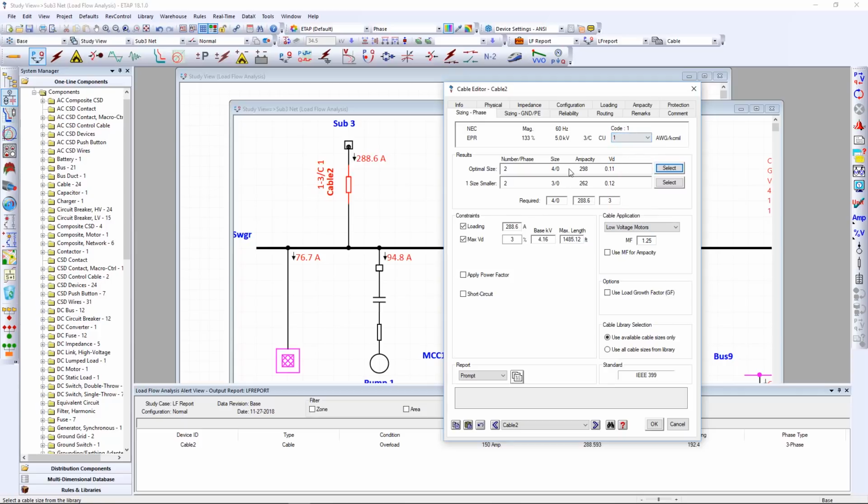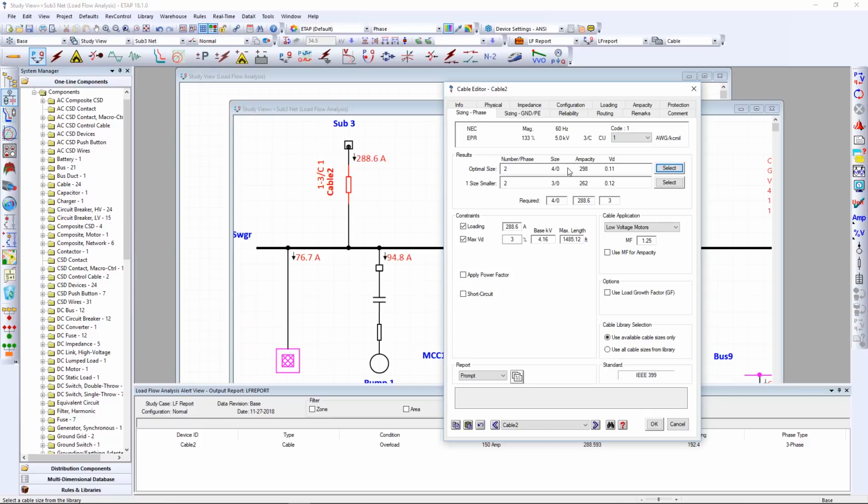And that's the reason why we had an overload condition, because this cable does not support the 288.6 amps of loading. So what ETAP is suggesting, based on the loading and the maximum voltage drop constraint, is